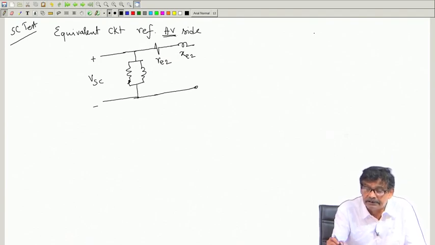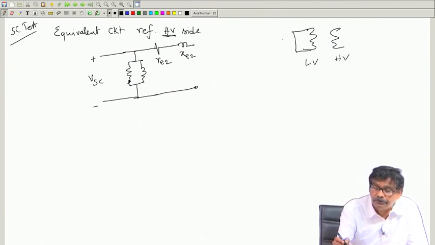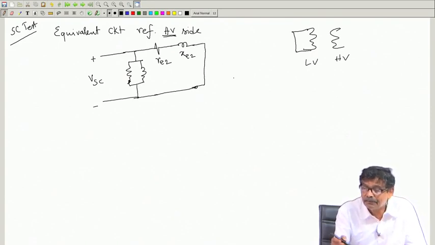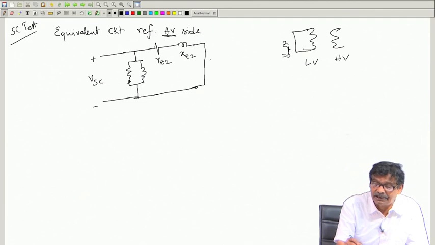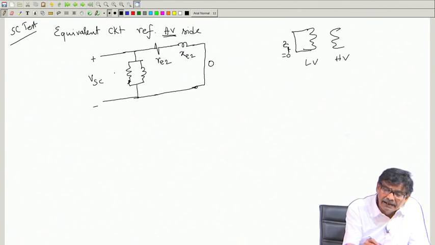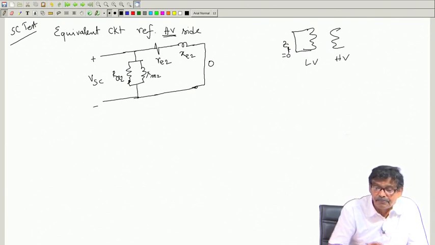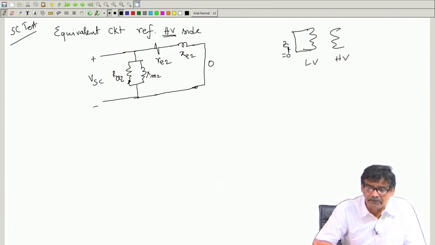Now what load is connected on the LV side? This is HV, this is LV. I have kept it shorted. So, Z2 is 0. Therefore, here also in the equivalent circuit this will be shorted, because Z2 is 0, so Z1 dashed is 0, it is shorted. And if I want to write this 2, I should write RCL2 and XM2. Okay. And RCL1 XM1 I have found out.